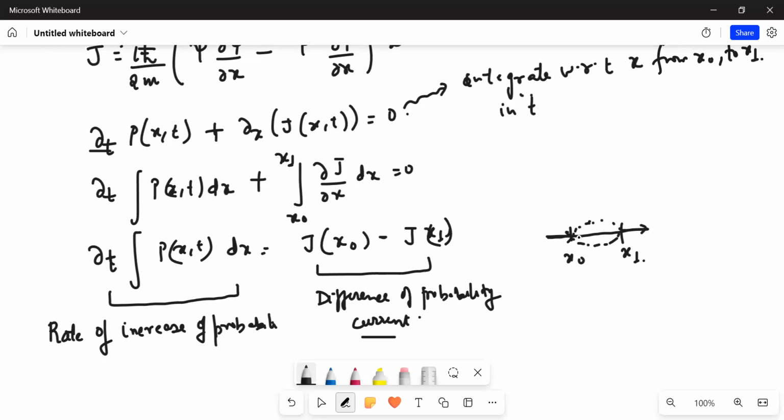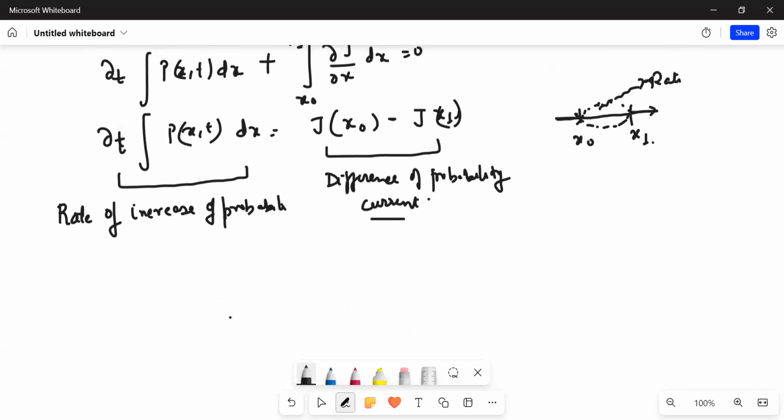So it is equal to the net flux, or as if some probability is moving like a fluid. So the probability current here and the probability current here, you just take the difference. That will tell you the rate of increase of probability. In 3 dimensions, if you want to visualize, probably that will give you a little more understanding. In 3 dimensions also, we did the same. We wrote this as del t, with P as a function of r vector and t here. And instead of dx, I will use, let's say, d tau, or d cube r vector.